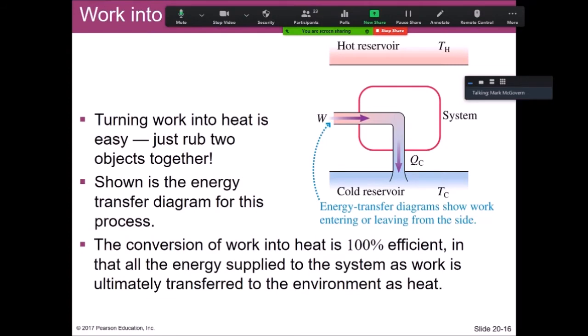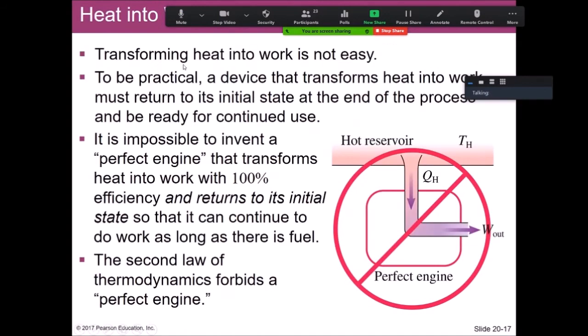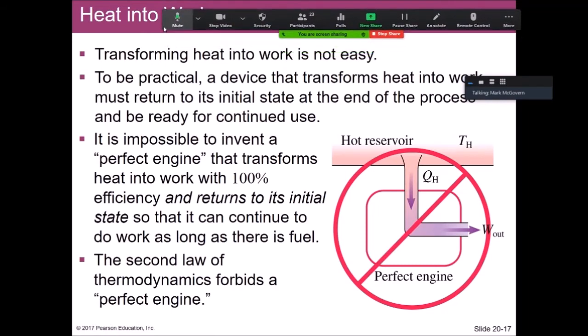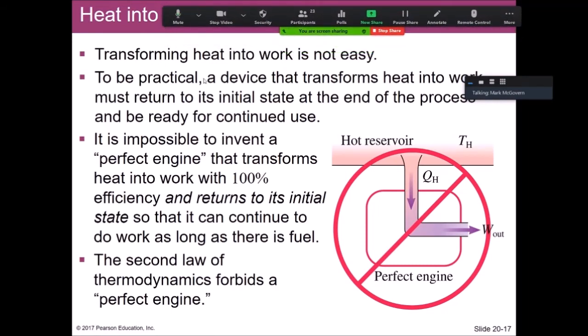Because where does the energy go? Well, it's not harnessed in any proper way. It's just things heat up. Okay, fine, whatever. Now, transferring heat purely into work, though, this process is what we would call a perfect engine. You can't do that. You can't have a perfect engine. You can't take all of that energy.